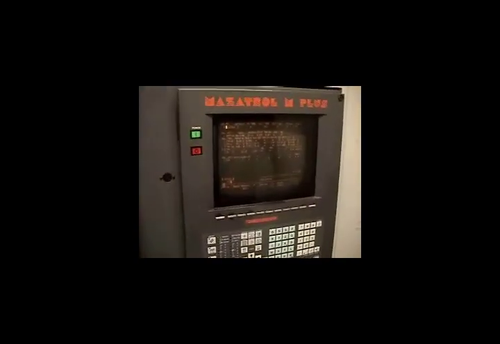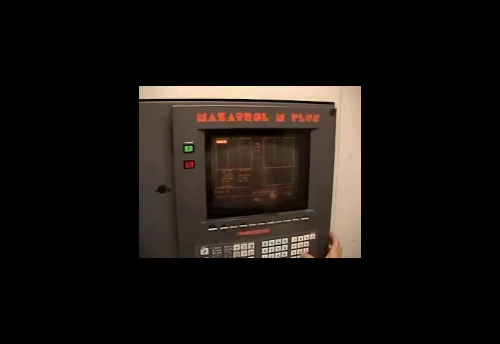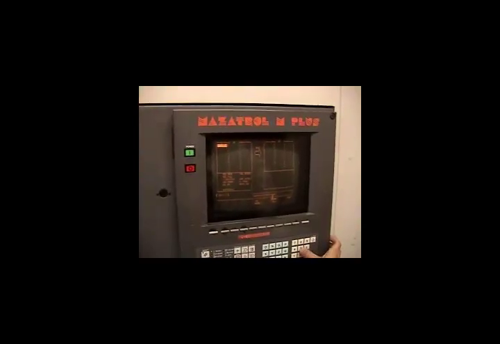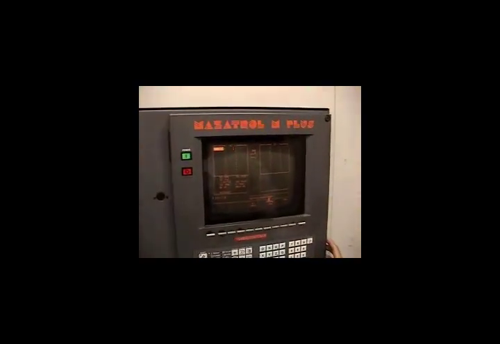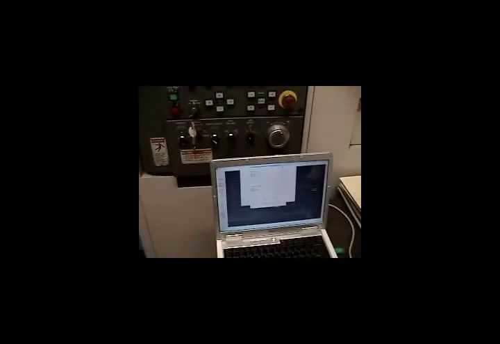So up here on the MASAC, you push the left button until you see Data I/O. Push Data I/O, push CMT I/O, push Save, NC to CMT, enter the work number of the program you want to save, input, and then push Start. It sends the program over, and now it's over here on the computer.